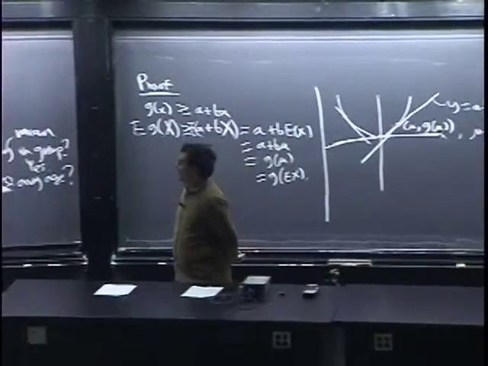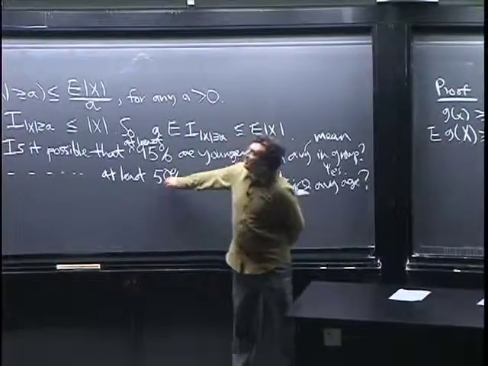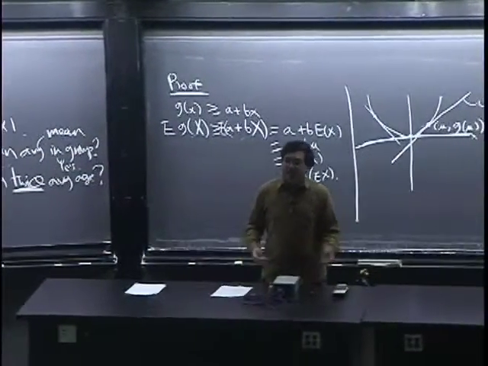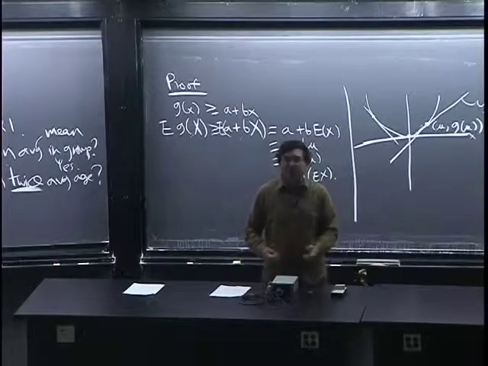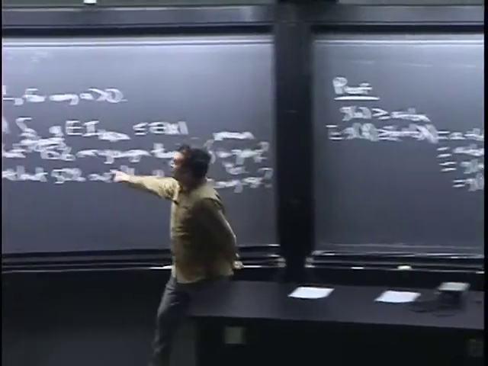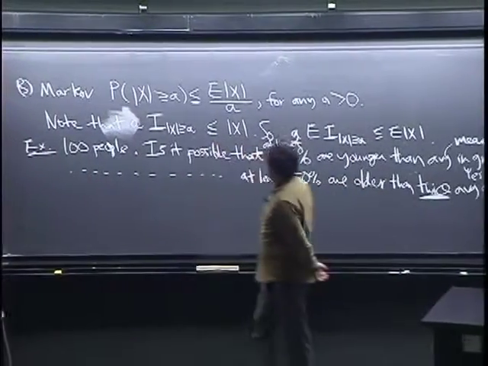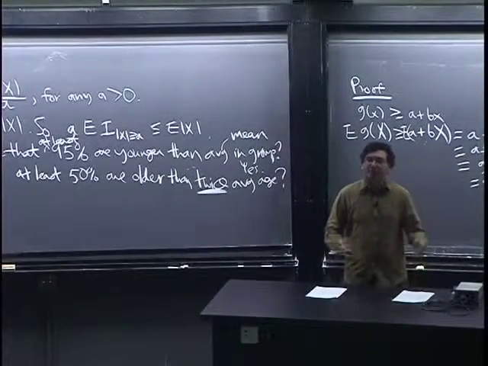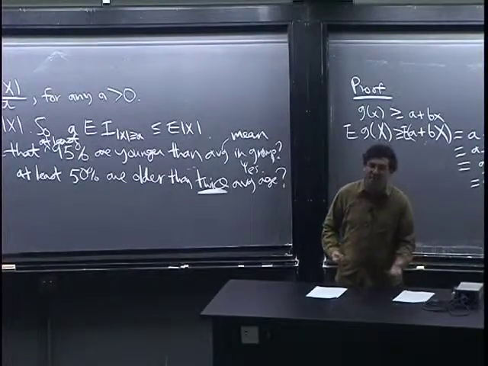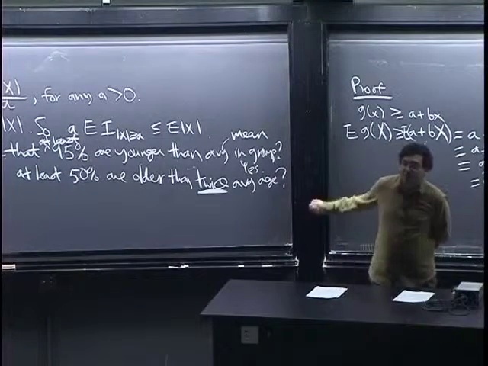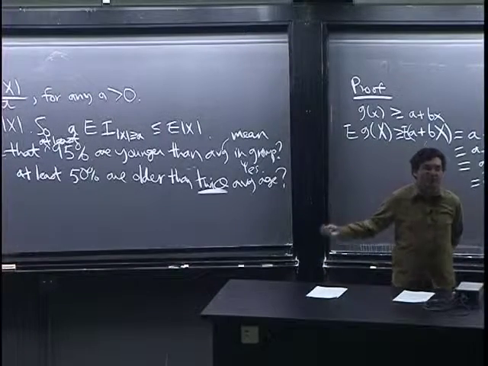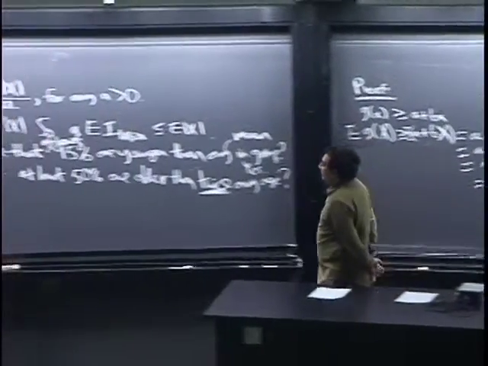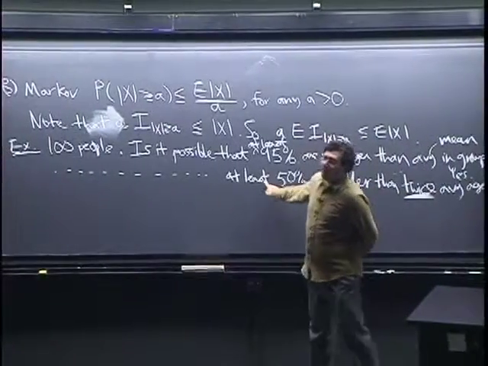It's because, taking those 50% who are more than double the average age, let's think about the total. If the average is mu for 100 people, then the total is 100 mu. Now suppose you had 50 people who are all bigger than double the average. Those people alone have already made the average bigger than what it is, which is impossible. Just those people already pulled up the average from what it was, which doesn't make sense. So that's impossible. Similarly, you can't have more than 1/3 of the people